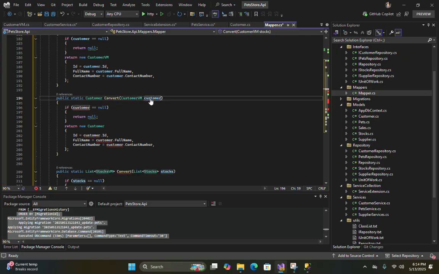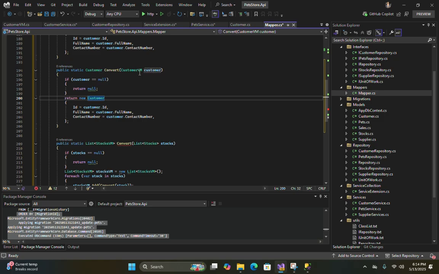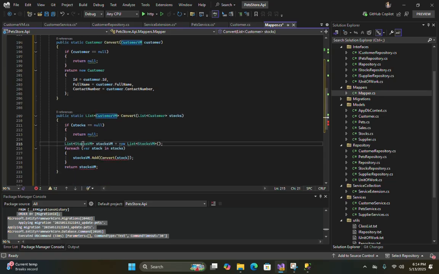Okay, and let's do this one. Now let's make it for the customer view model list. Customer view model, all right, let's give it as customers.